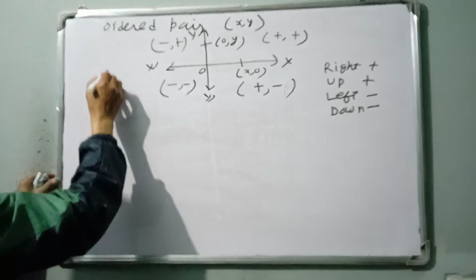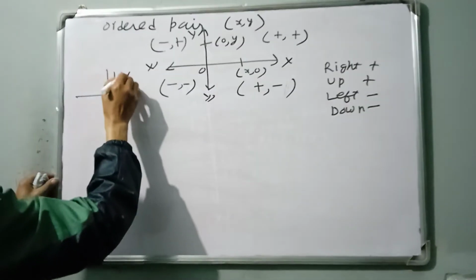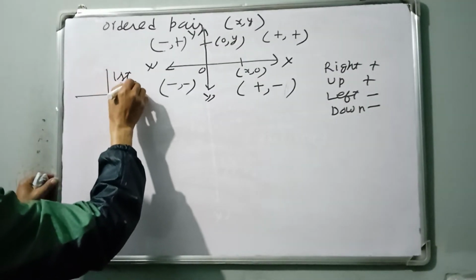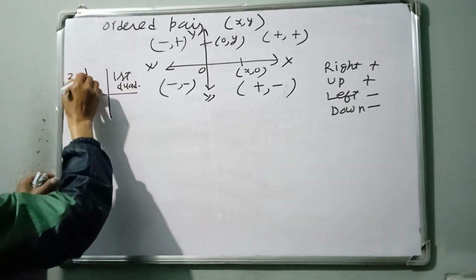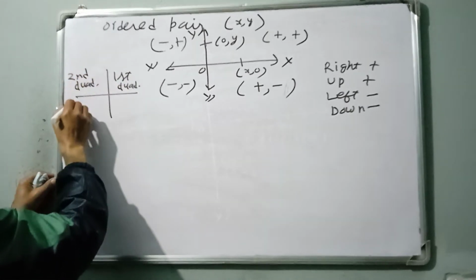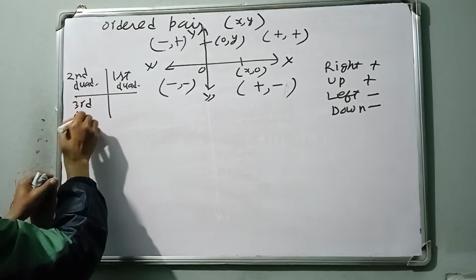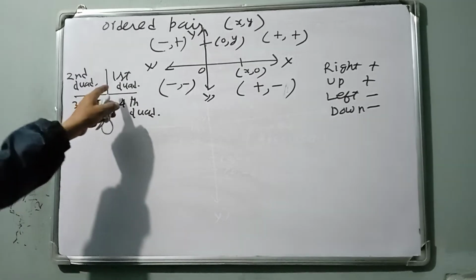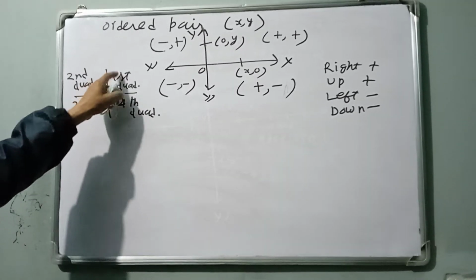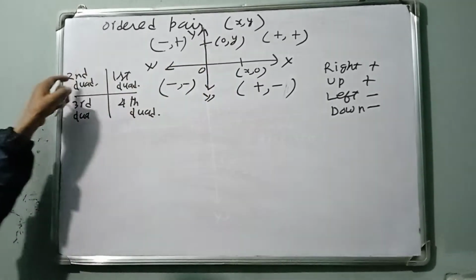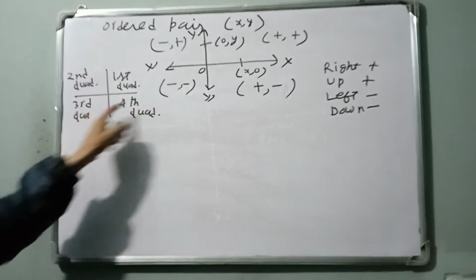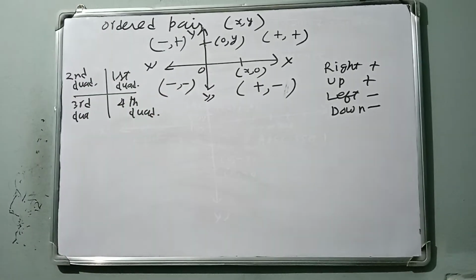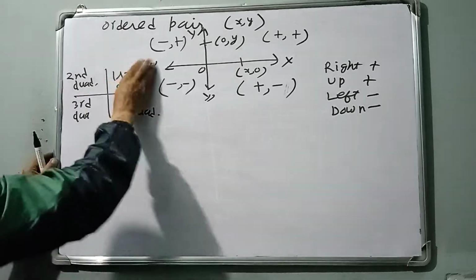The quadrants are called the first quadrant, second quadrant, third quadrant, and fourth quadrant. Here I have just written the short form. First quadrant plus plus, second quadrant minus plus, third minus minus, and fourth quadrant plus minus. After knowing this,